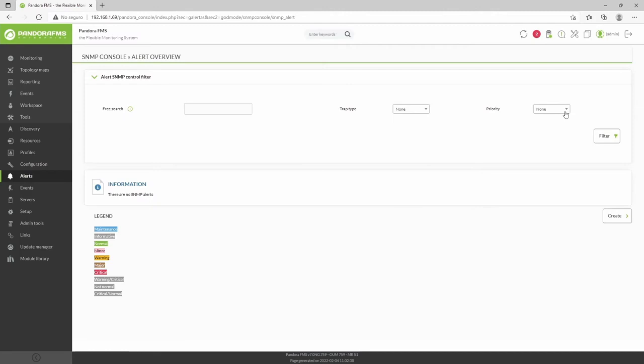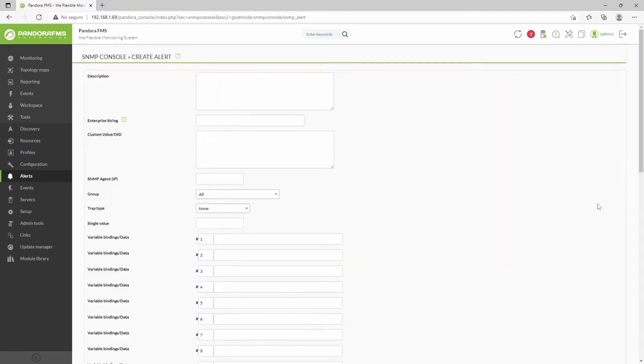We now move on to creating an alert for SNMP traps. Click Create and a configuration menu will open with a few fields that you may fill in. We start with the description of the alert, a totally optional field. Next, you have the enterprise string where you may enter the full string or just a part of it. But if you want to literally search for that string, add a $ sign to the end of the string. Then you have another optional field where you may define a regular expression that will search the rest of trap